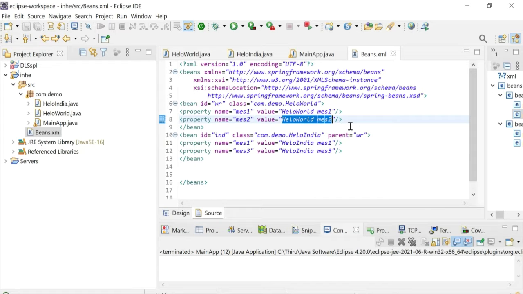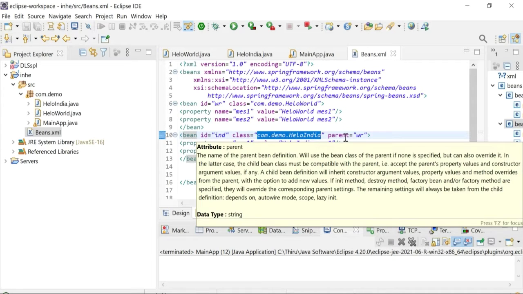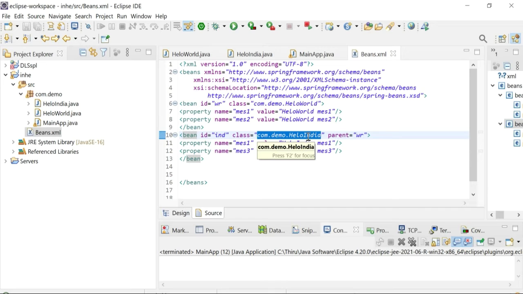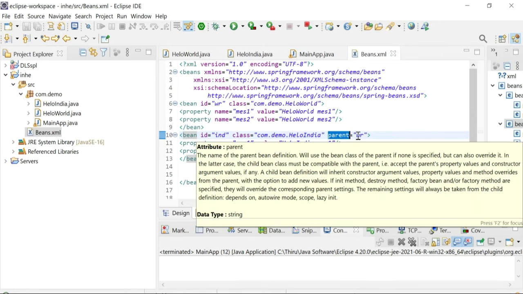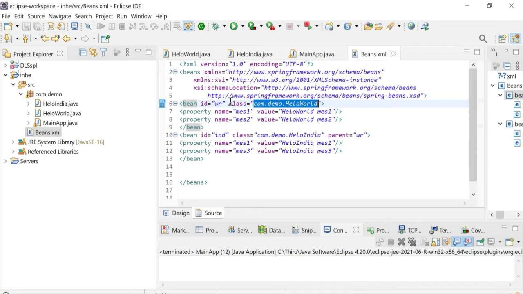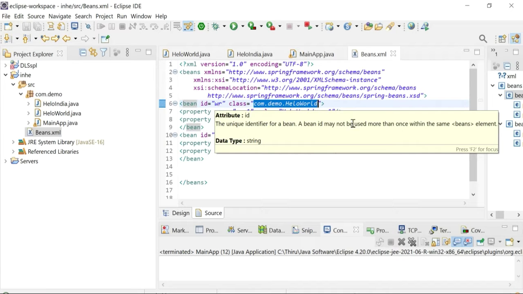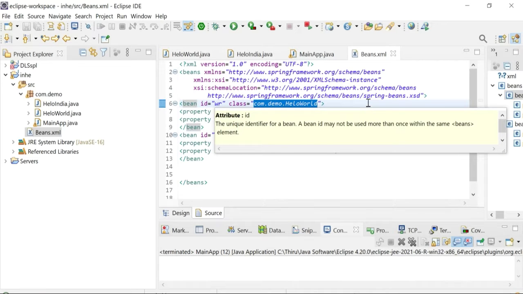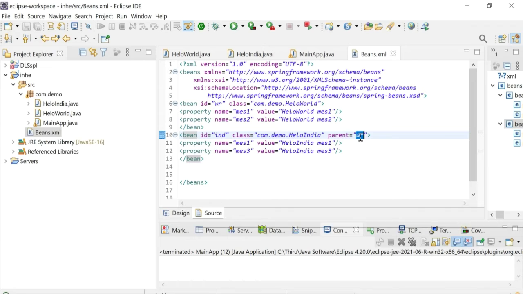All right, so that's the inheritance concept. Hello World is a parent bean and Hello India is a child bean, and we have made Hello India a child bean using the parent attribute, which is assigned the value of the Hello World bean object, which is WR. All right, so let's move on to